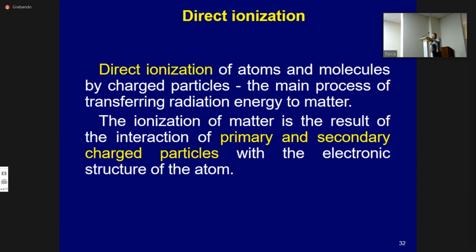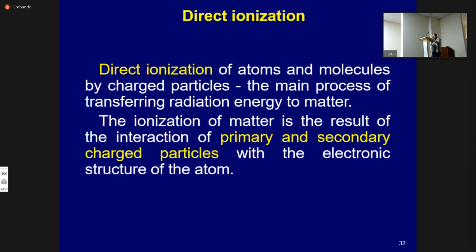The energy required to produce one ion pair in a substance ranges from 5 to 40 electron volts. For liquid water, for example, it is about 19 electron volts and doesn't depend on the type of charged particle. Therefore, when any charged particle transfers 100 kiloelectron volts of its energy to water, this results in the production of about 5,000 ion pairs.